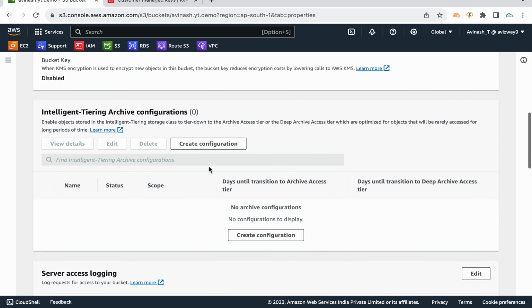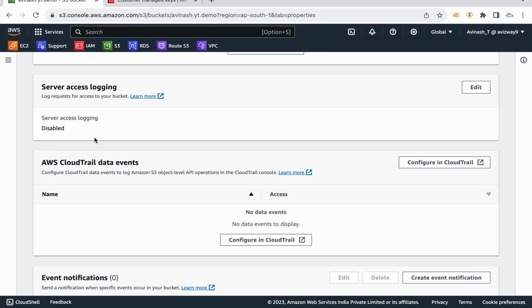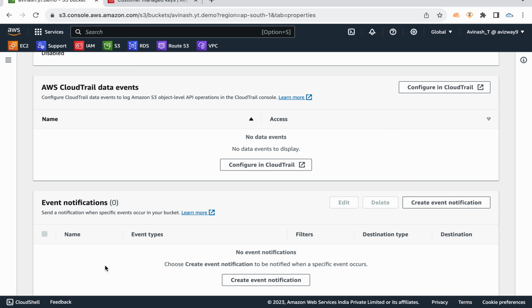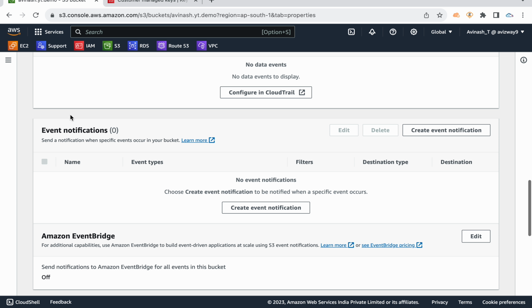And on top of that, you might get questions on events. So let's take a scenario where you have an S3 bucket. When something is uploaded to that S3 bucket, a Lambda function needs to trigger automatically. So how can we configure that? For that, we can use this event configuration.